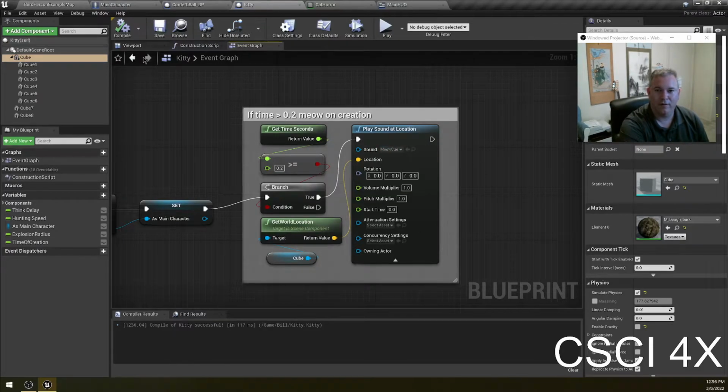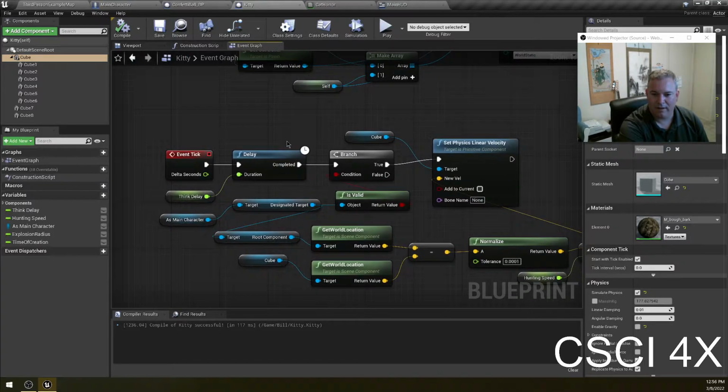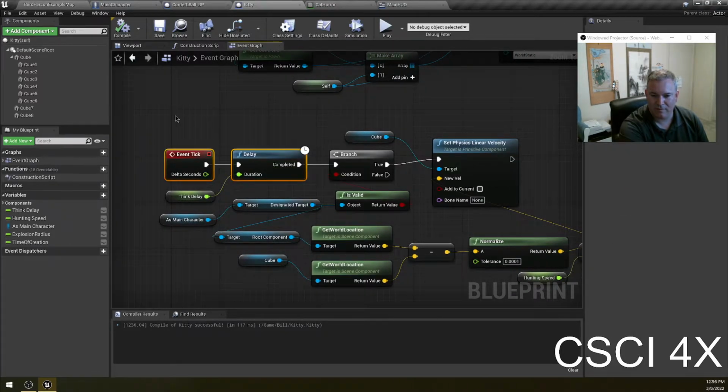All right, so down here in event tick, this is a very common construction in Unreal Engine. So what you do if you want something to happen 3 times a second or something like that, instead of every frame, like 3 times a second is usually pretty good, right? For AI stuff, things like that. What you can do is you can attach a delay node to event tick. And what that does, a delay node normally just,